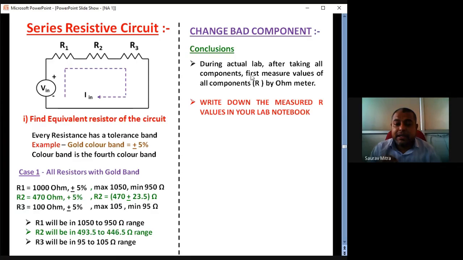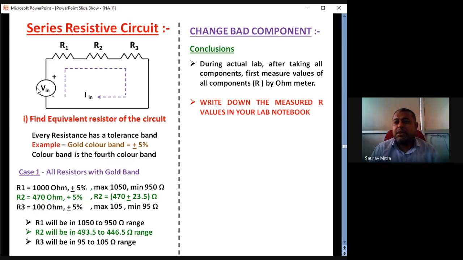The main agenda is that components are given to you, an objective is given to you, you do all the connections, you take the reading, and you prove whatever theorem you are asked to prove, and finally you get all the readings, theoretical value and practical value, that match with each other. Whatever you have calculated, the same kind of reading you are getting with little deviation, but that is okay. That deviation always comes because of a little bit of tolerance in all the resistances. There is some kind of human error too. Whenever you are setting the input voltage, suppose I have asked you to set 8 volt.